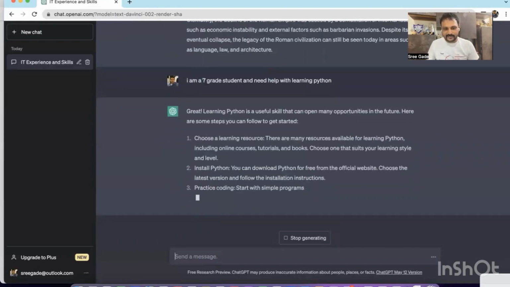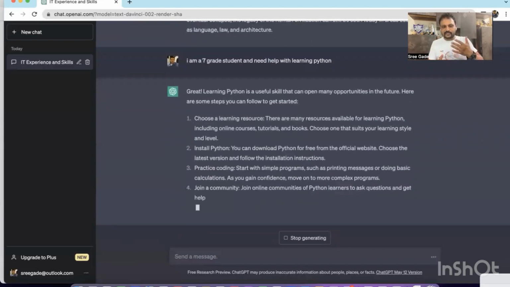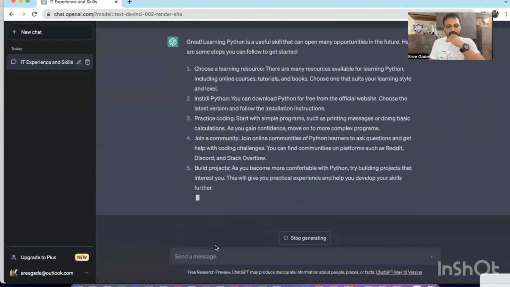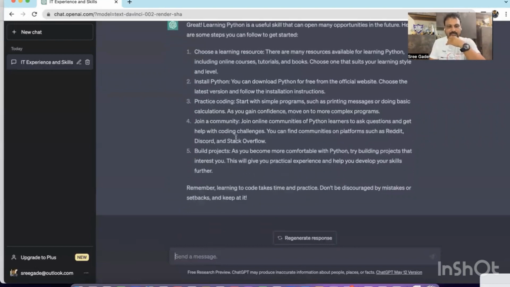And it basically says, hey, Python is a useful skill for many opportunities in the future, but here are some steps you can take. Okay. But it's all text, right? It's not very useful. Basically says choosing the right resources, install Python, practice coding, join the community. Like it's all text, it's all good, but that's not helping me. So like, tell me precisely the way, how do I start and how do I move forward